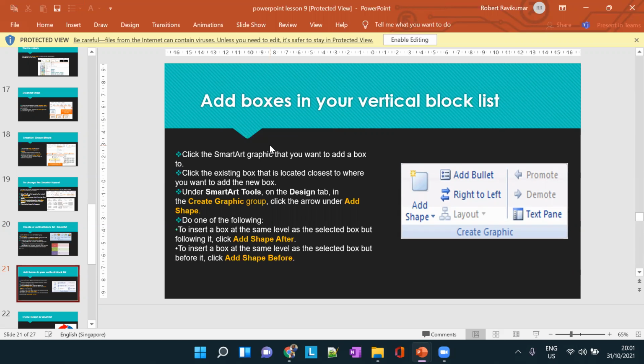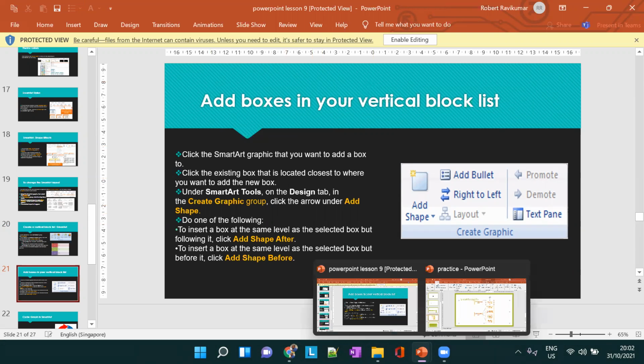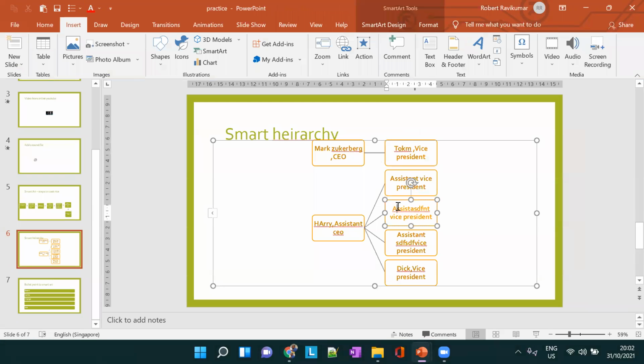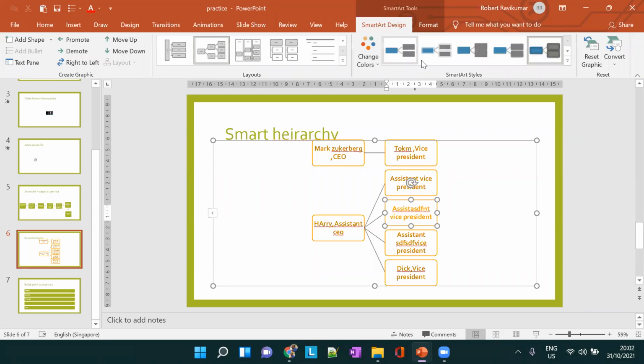So how to add or delete smart arts at different levels. If you want a hierarchy and want to add another person in the hierarchy, how to add a shape, where to add it: add below, add after, add in the same level. All these options are there. You can use these options here, or else you can go here and do it from here.